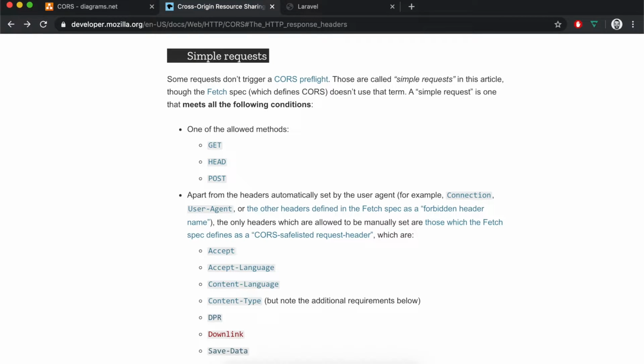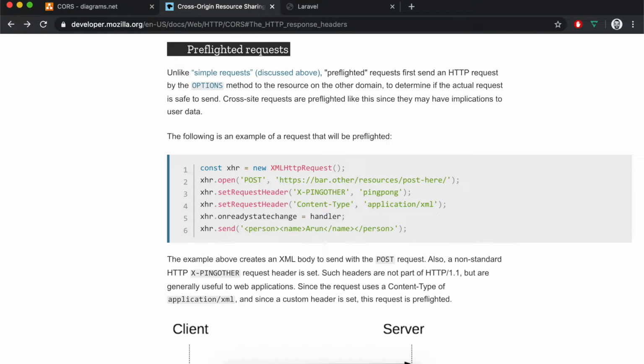Simple requests are those requests that were already possible before CORS. These are GET, HEAD, and POST requests that meet some conditions. Pre-flighted requests are those requests that older servers weren't aware of. For example, PUT, DELETE, and PATCH requests, also requests with content type equals application/json, and any request that has